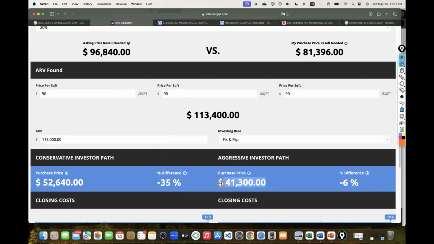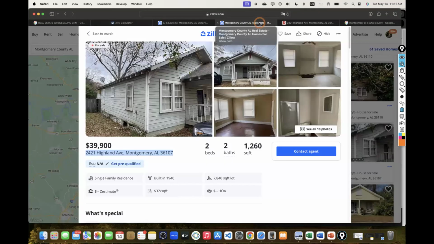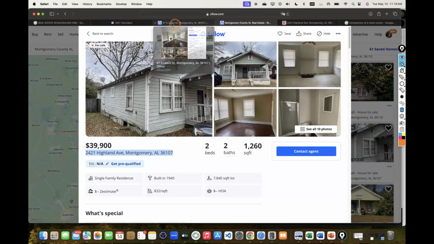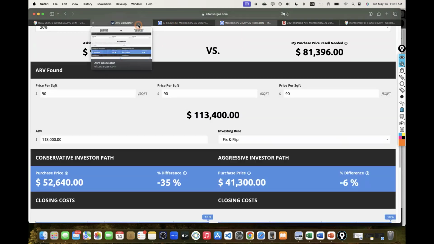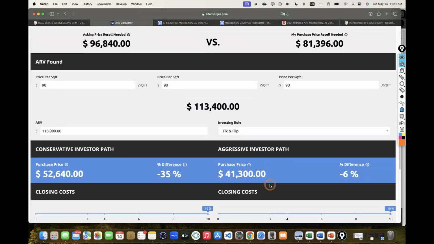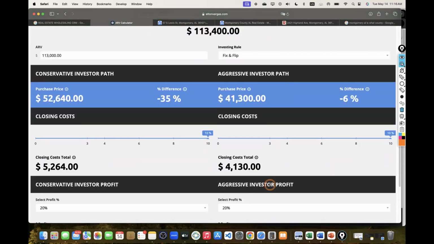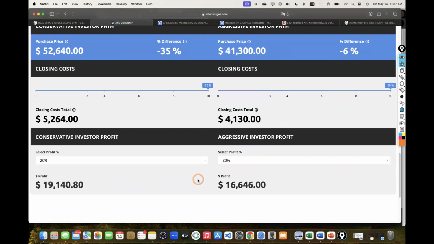So the property selling for $39,000. Somebody's willing to overpay for this property from 41 to like $52,000. Again, the property itself internally, it's nothing too bad. It is not a bad deal at all whatsoever. The comps, we got a mix of everything, and it's just the price point. It's right on the spot. It's below what we actually need at all whatsoever. So we can still get a deal out of this for even more.